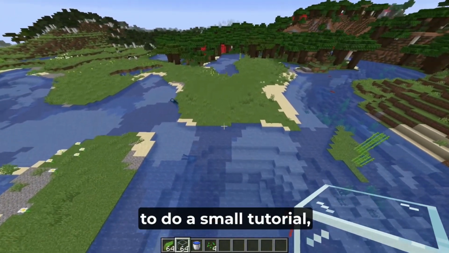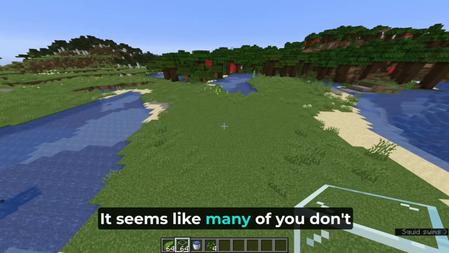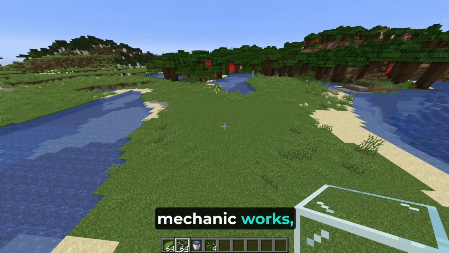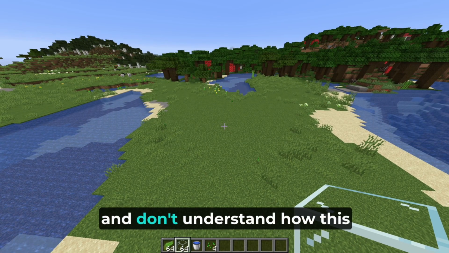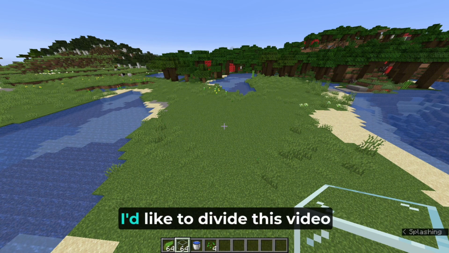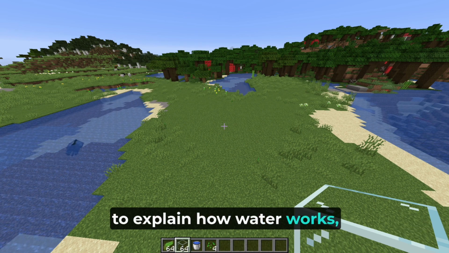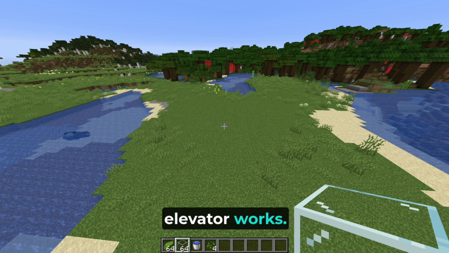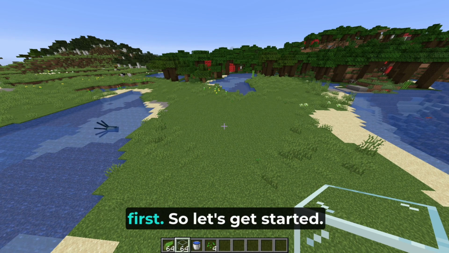And this time we're going to do a small tutorial on how a bubble elevator works. It seems like many of you don't quite understand how this mechanic works, which isn't a bad thing, it just means there are quite a few people starting to play now and don't understand how this works. And for this, I'd like to divide this video into two parts. The first, to explain how water works, and the second, to explain how the elevator works. It's practically the same, but I think it would be good to explain the water mechanics first, so let's get